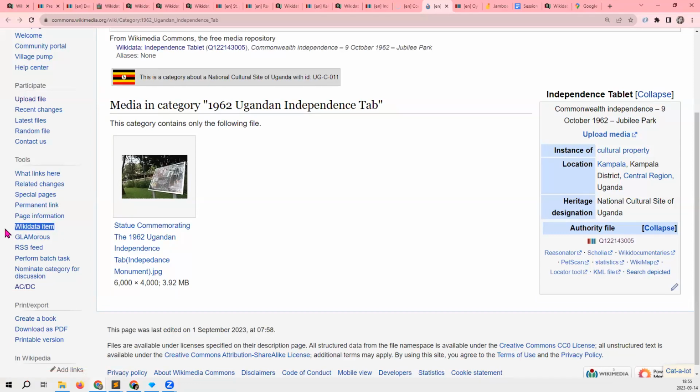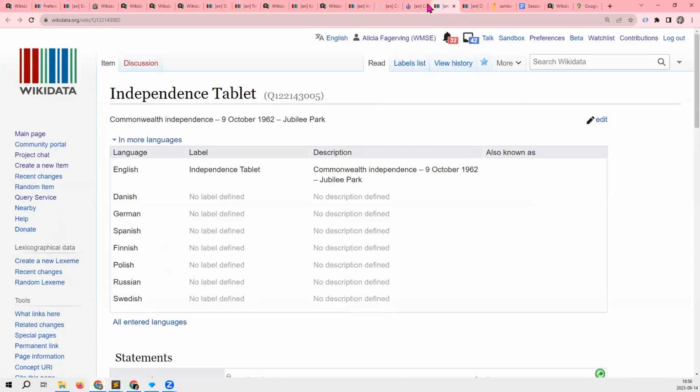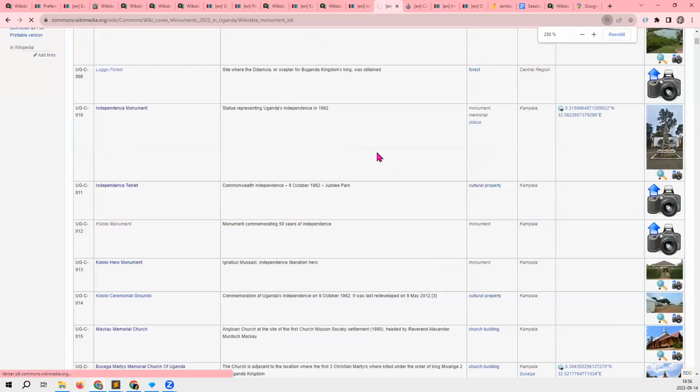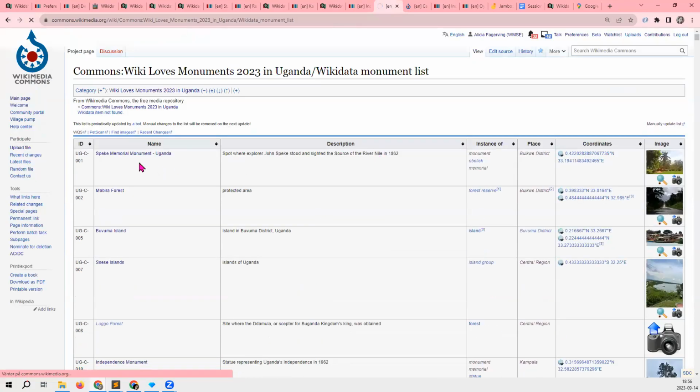Yeah, but then the Wikidata item actually is visible, like on the right-hand side, you can see the number of the item, but how can we have the Wikidata item on the list itself? Oh, yeah, because I think by default, since this list is located on Commons, if an item has a Wikimedia Commons category, then it will redirect to the Commons category.